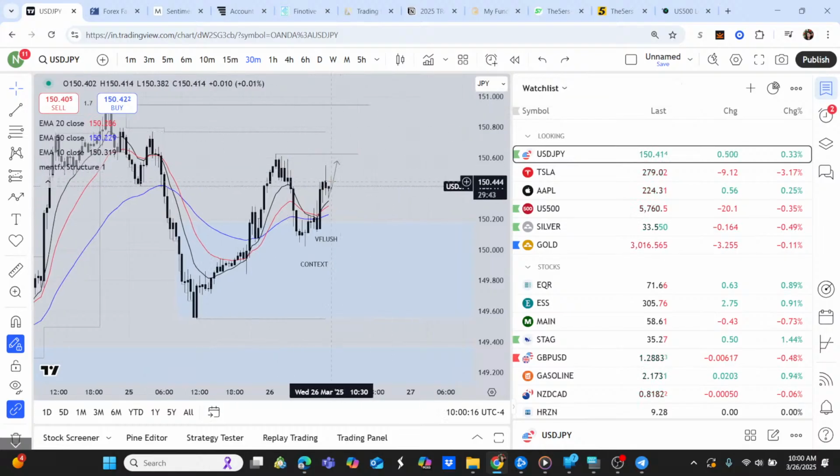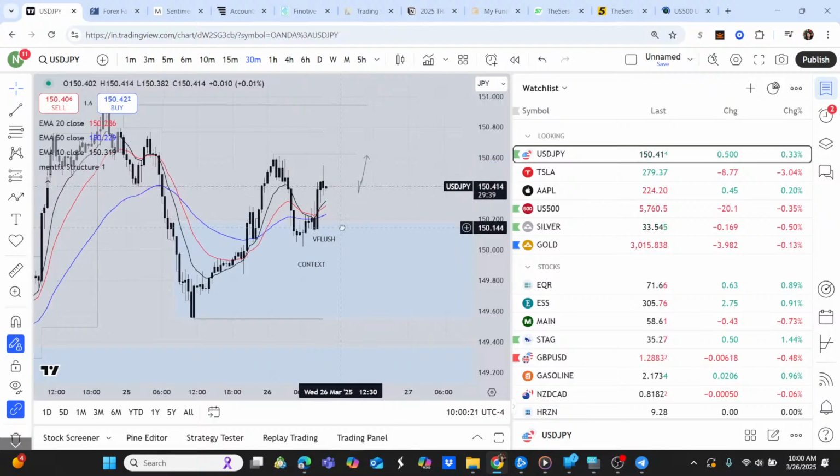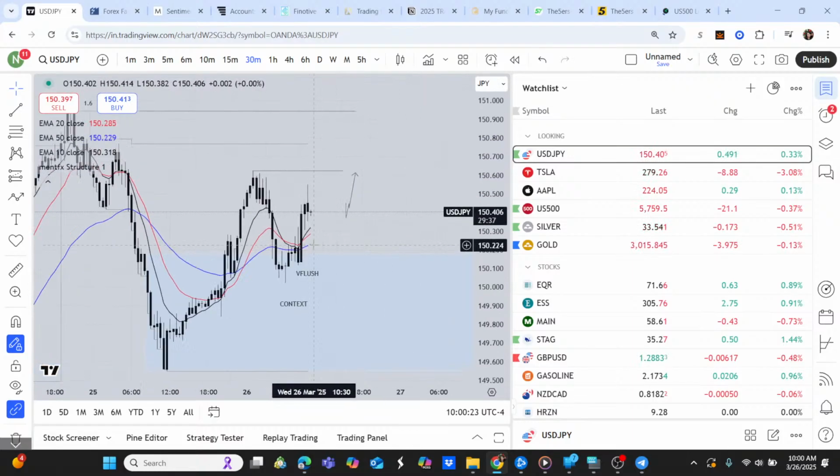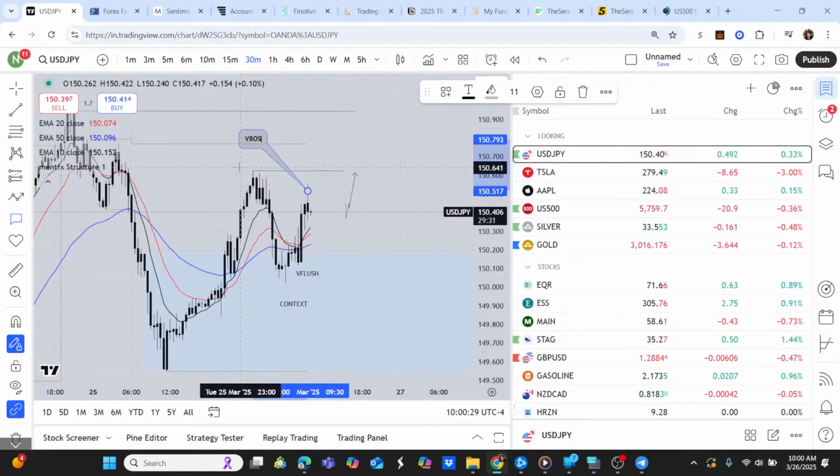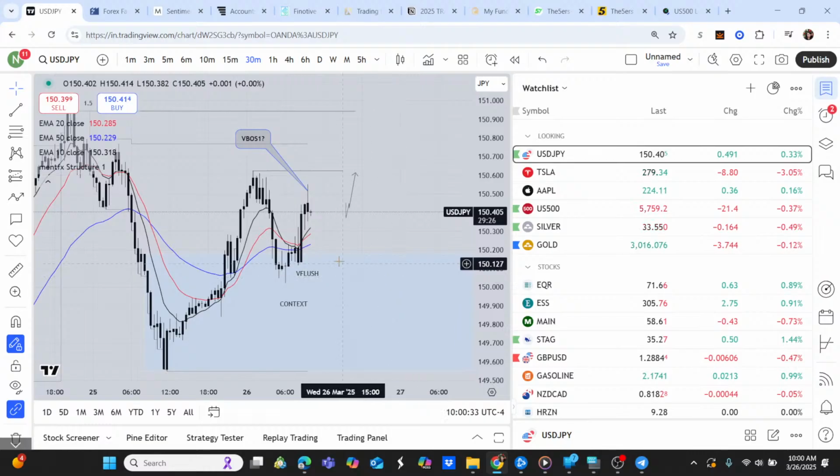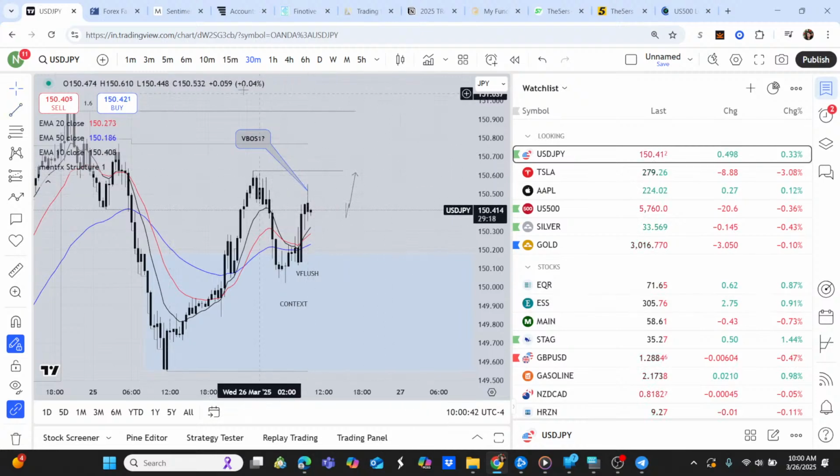Yeah, this is starting to set up nicely. So if I was to label this out, now that I'm looking at this, I need one more candle to print here before going on the lower time frame. So now that I'm looking at the 30 minute, so